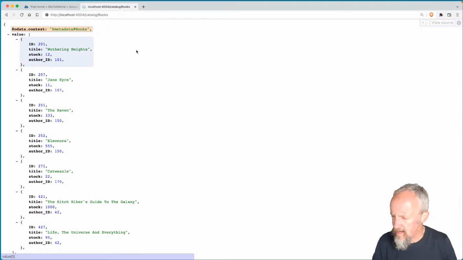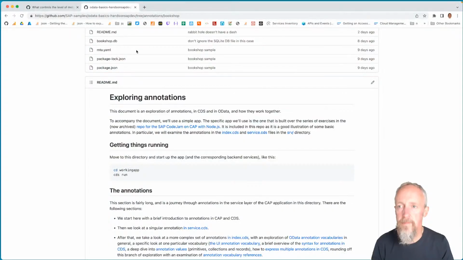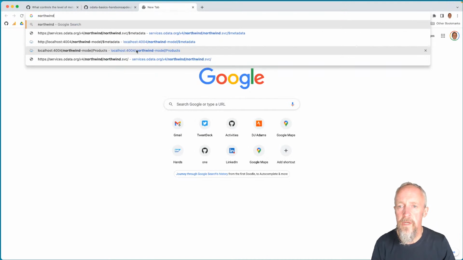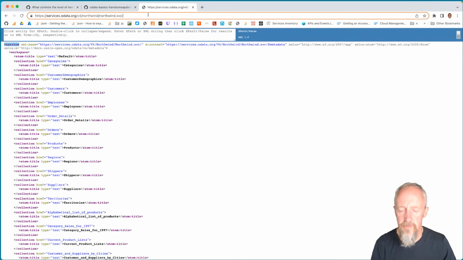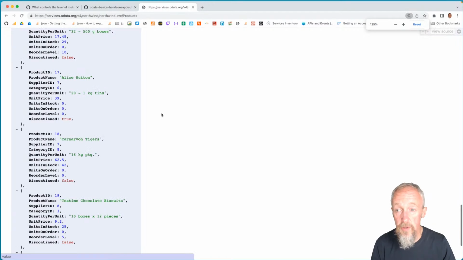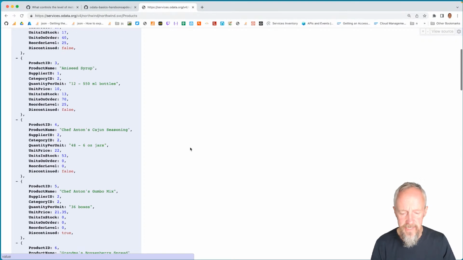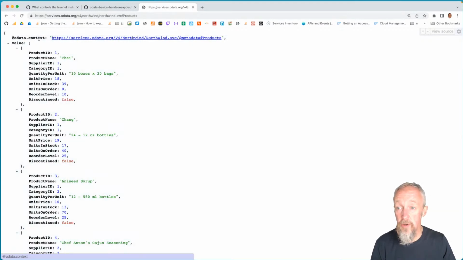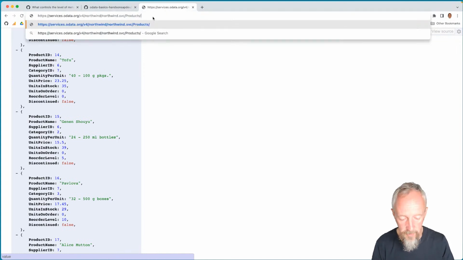And in fact, I think if we go to Northwind, let me see if we get something here as well. Products, for example. If we go down there, yes, there's another example of so-called metadata. We get the metadata at the top, at odata.context. So anything with an @ sign is like a metadata property. And at the bottom as well, because in Northwind